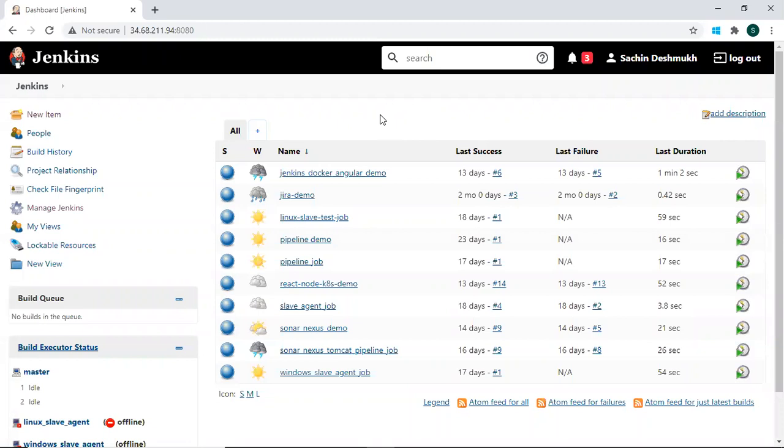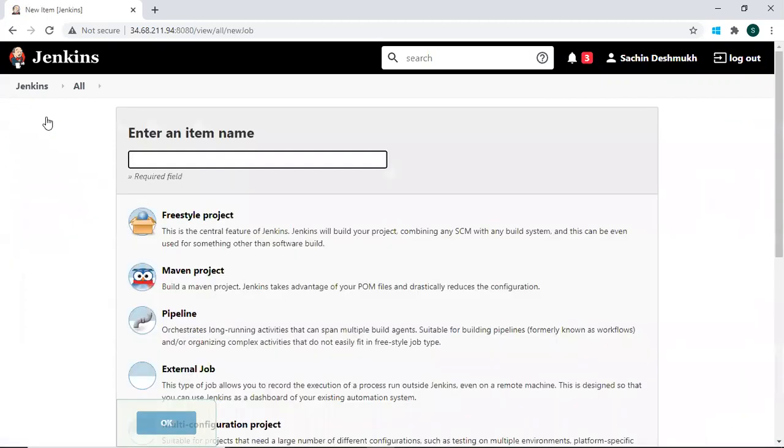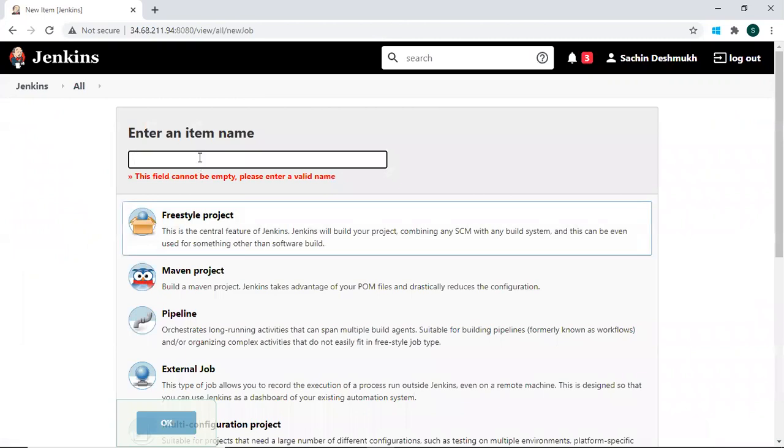Now we will try with two types of job, one with the freestyle and one with the pipeline. Let's create a new item with the freestyle job. Slack freestyle demo.